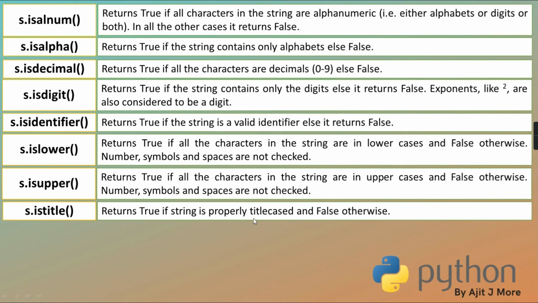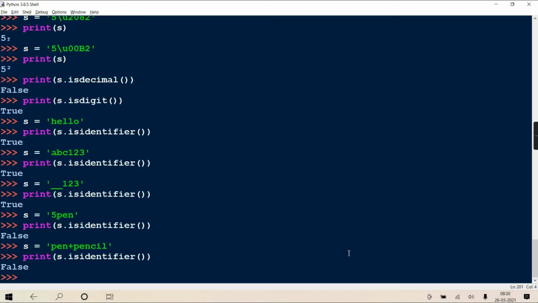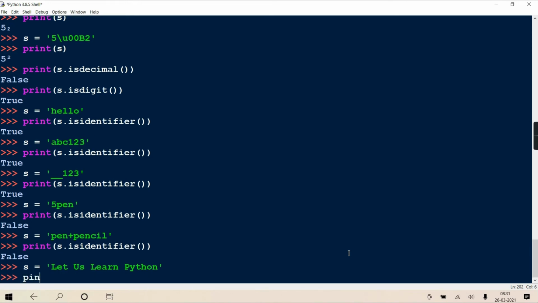Now what is title case? I hope you know it. The first letter of each word is in upper and all others are in lower. Right? So these three are clear to you: islower, isupper and istitle. See, s equal to let us learn Python, if I am writing, and print